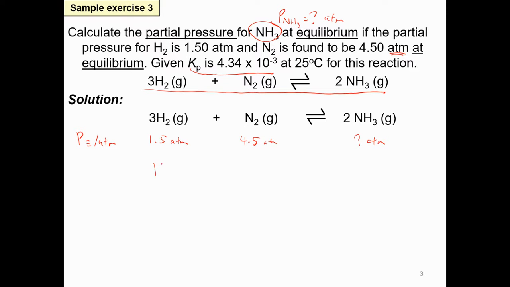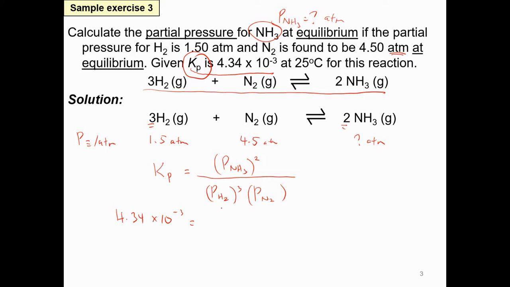Same thing again, write down. Equilibrium constant is ammonia, coefficient, so square, power of 2, and then hydrogen power of 3, then nitrogen. Okay, since Kp value is given, so we write down 4.34 times 10 to the power of negative 3 equals to